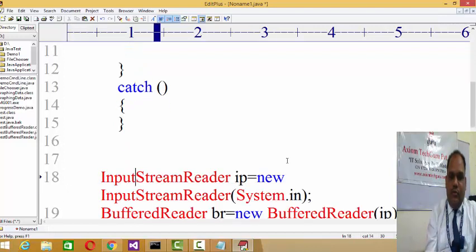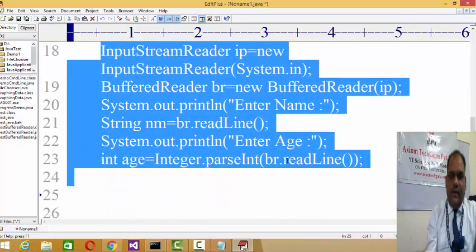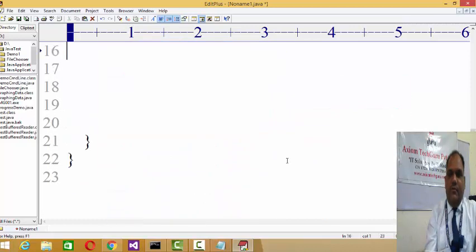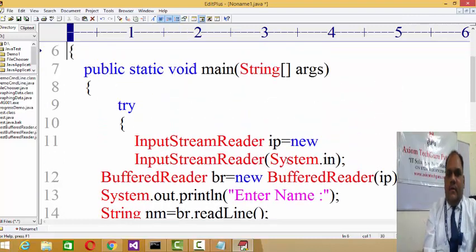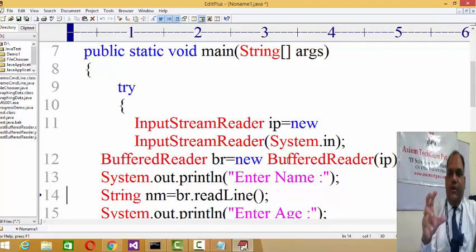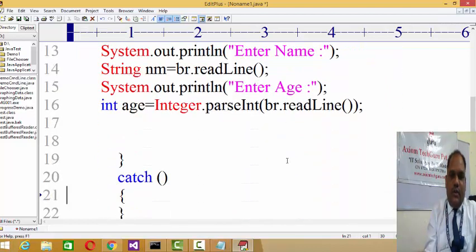Now this entire code that you wrote for reading the data from the buffer, you paste it inside the try catch block. Why am I doing it? Because BufferedReader is actually dealing with the memory, so it may throw an exception. Exception means, like, memory is not available, memory is insufficient, right? So in such situations, it develops an exception, a runtime logical bug, and terminates the code. So to avoid that abnormal termination, we have exception handling. So try and catch, as I said,